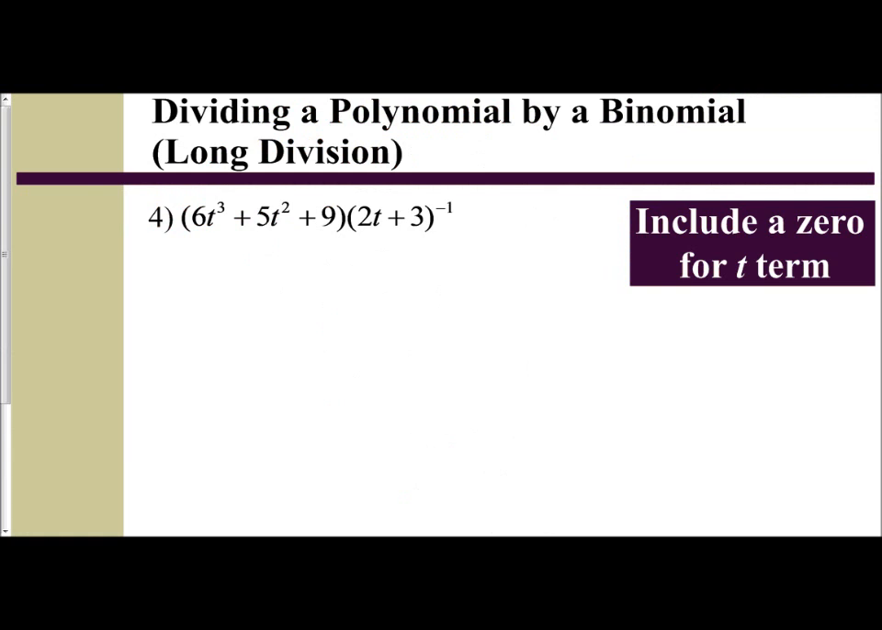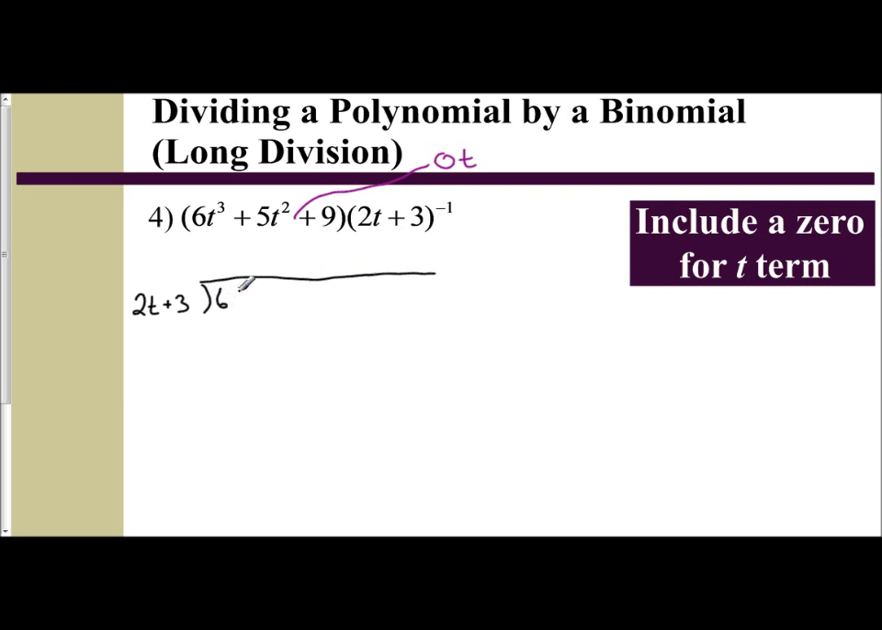Let's continue our examination of how to divide polynomials when they're missing terms with this example. We have 6t cubed plus 5t squared plus 9. And if I look at this, I can see I am missing my t term. So I need to input a 0t there. And I'm going to be dividing by the binomial 2t plus 3. And so let's set it up. I have my 2t plus 3. And I'm dividing